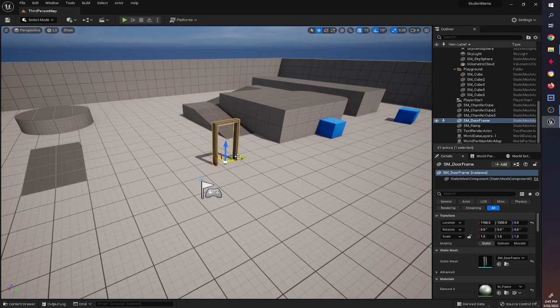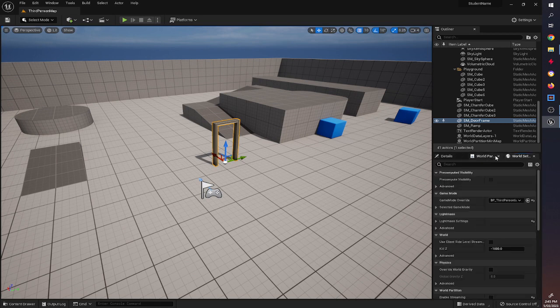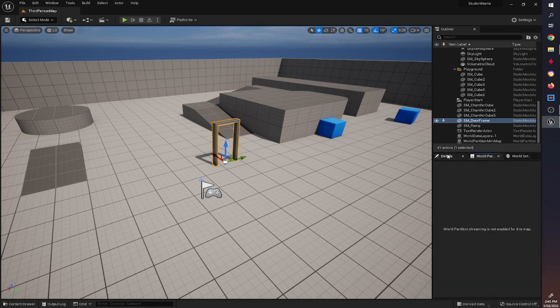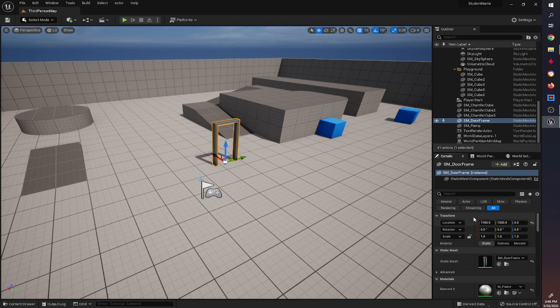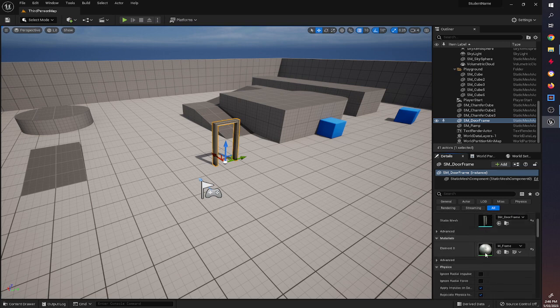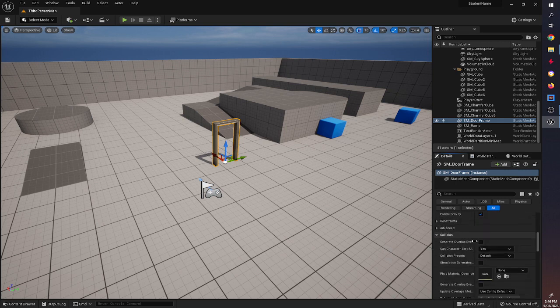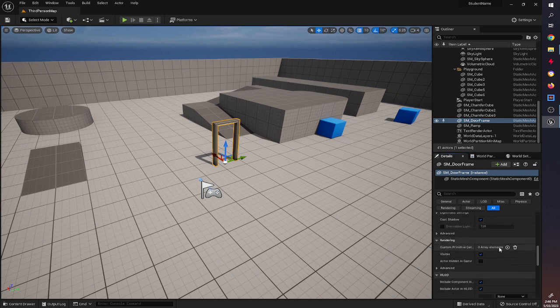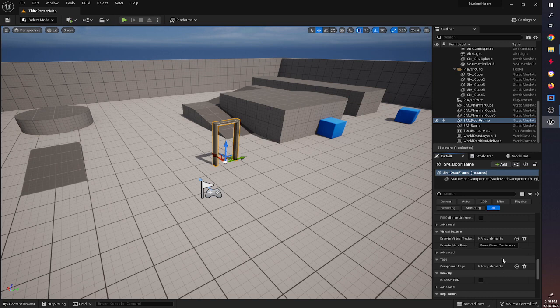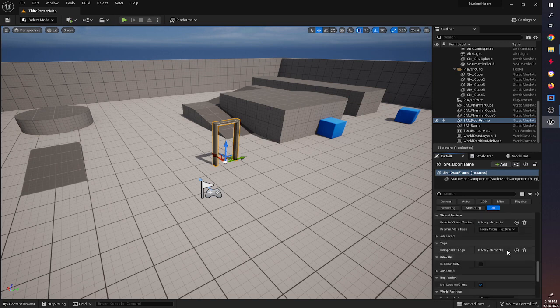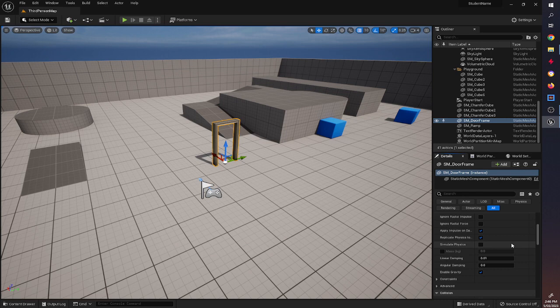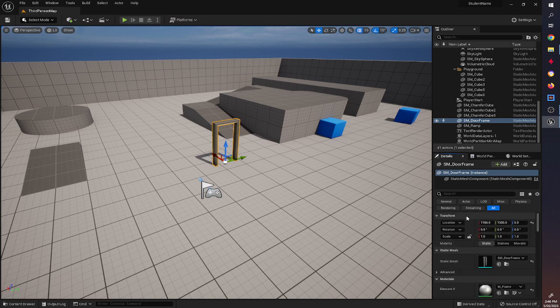When we have an object brought into the scene and we select it, we also have down here the details of that object. You may see something like this where it's got a map in here. If that happens, just click here on the tab of details. And this will give you everything that you need to know about this object, from the material that it's using, to its physics, to its collision profile, everything we need. We're not going to go through absolutely everything here. However, it is important when we do mention the details pane that this is what we're talking about and how to access it. So now that we've gone over most of what's in here in order to construct our level,